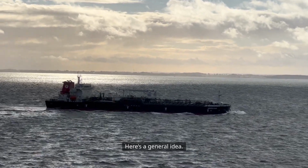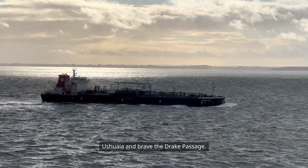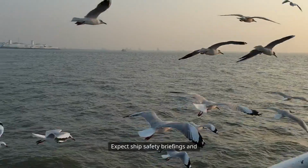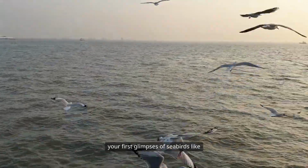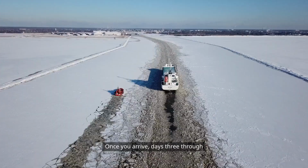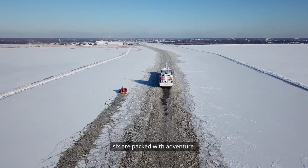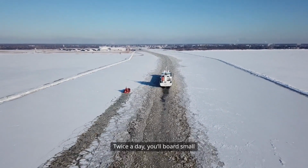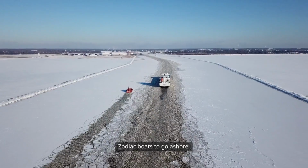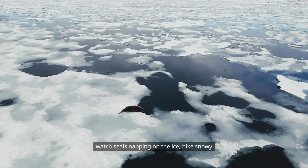Here's a general idea. On days 1 and 2, you'll depart from Ushuaia and brave the Drake Passage. Expect ship safety briefings and your first glimpses of seabirds like albatrosses soaring above the waves. Once you arrive, days 3 through 6 are packed with adventure. Twice a day, you'll board small zodiac boats to go ashore. You'll walk among bustling penguin colonies, watch seals napping on the ice,